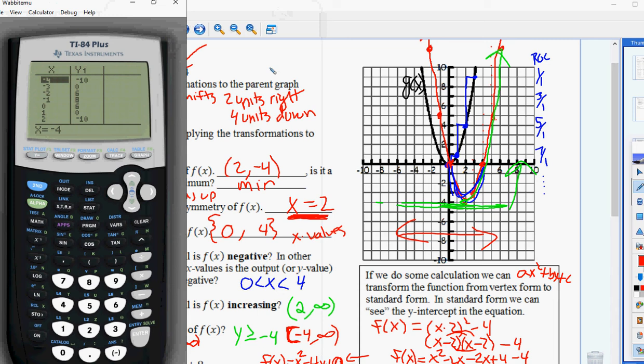So if I enter into the y equals, exactly as written, in parentheses, x minus 2 squared minus 4, and then go look at the table of values and scroll through to find the symmetry,